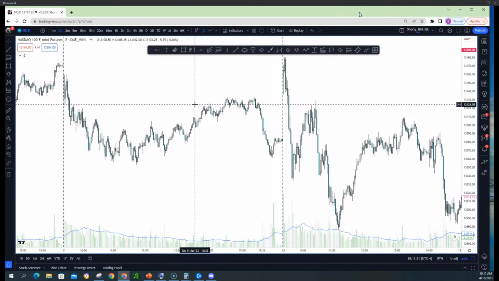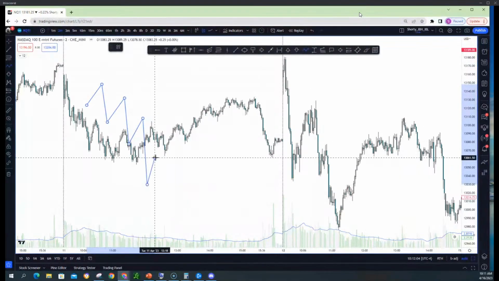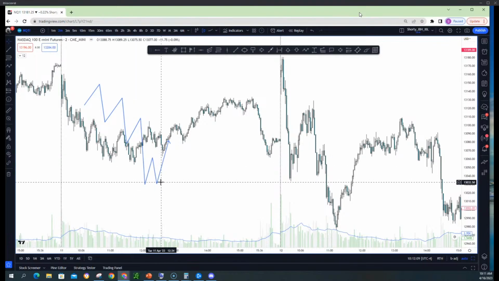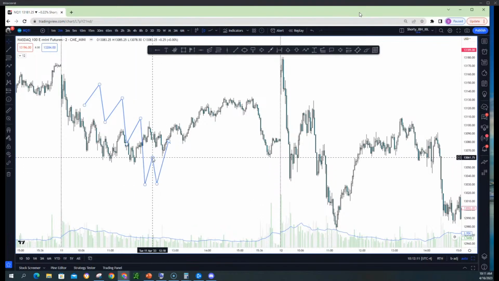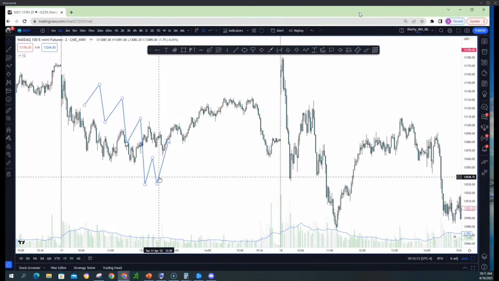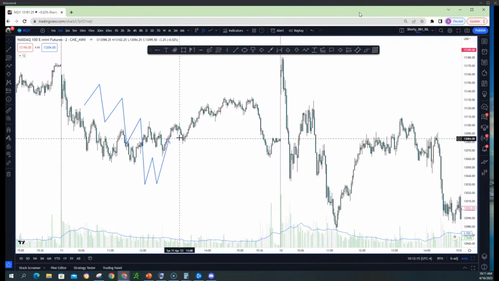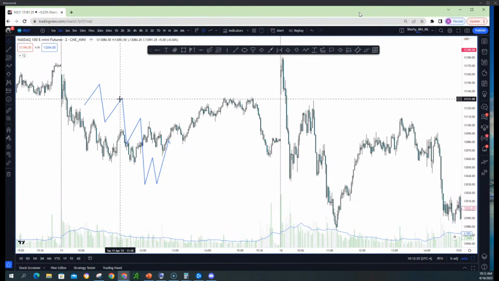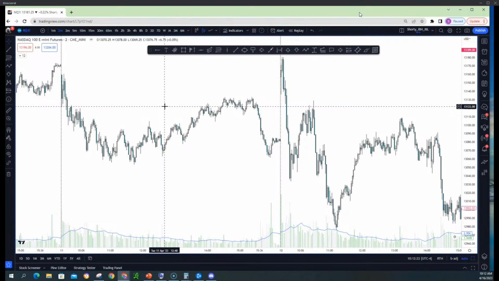Remember, break of structure is a continuation. Change of character means that you're reversing the previous structure or previous breaks of structure. So if you're going down and you're getting a peak, like if you're going down like this, and then you're getting this, well, this is your change of character right here. And then you're starting to look for the demand that took out this high. In this case, it would be this demand, and you're trying to find the imbalance where it happened. Once it pops to there, you can go long. And remember, this is just price action trading with no indicators besides volume.